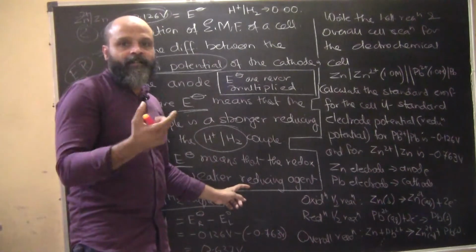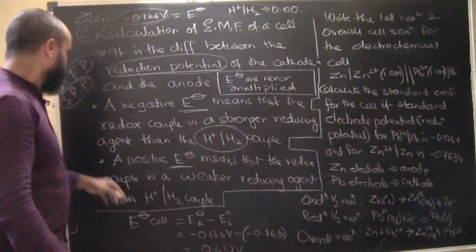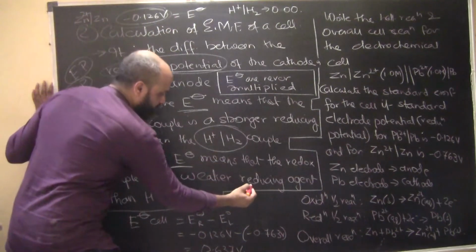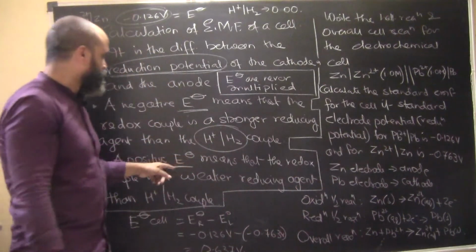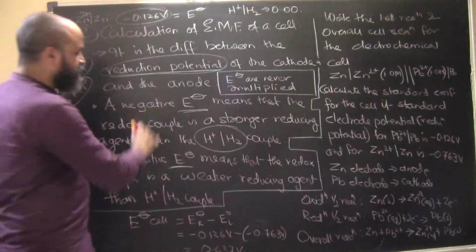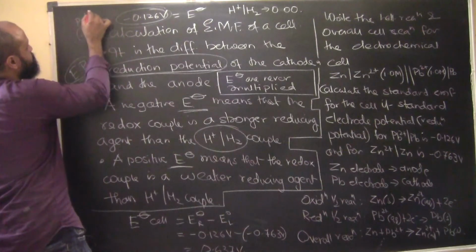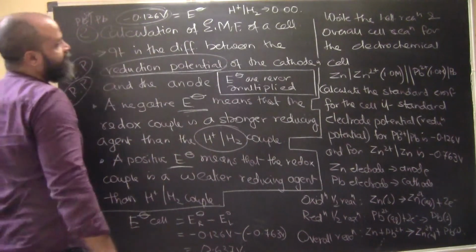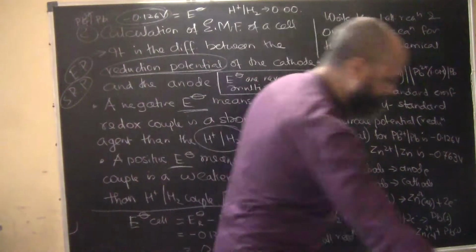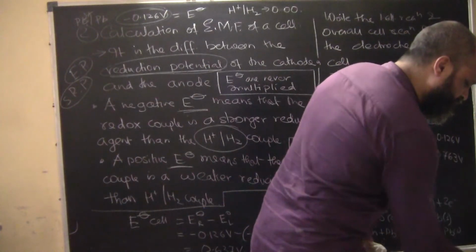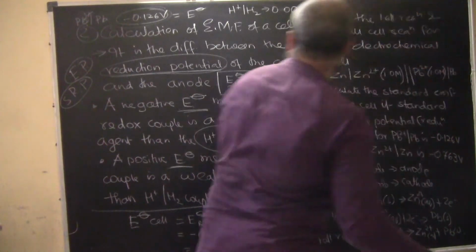So it is the weaker reducing agent. I'm sorry, it is getting reduced here. The one which has a positive electrode potential will show this. For example, if we consider lead, Pb2 plus and Pb, or rather lead will not be an example here. We can take some other example. Let's say if I consider the electrochemical series, for example, if I take fluorine.